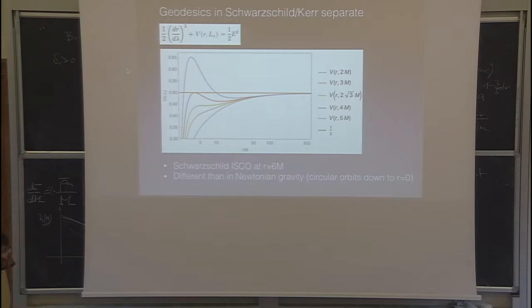A Kerr black hole is a rotating black hole, for those of you who have never seen this. In Newtonian gravity, if you have a point-like mass, you can get as close as you want to it. You can get circular orbits that are arbitrarily close to that point mass. This is a feature of Newtonian gravity which is not conserved in